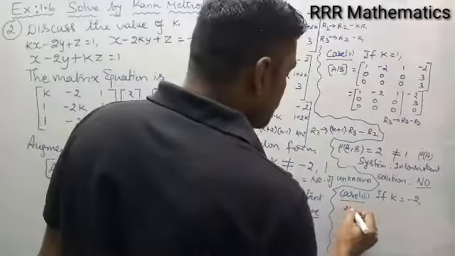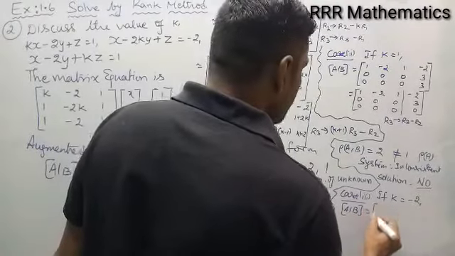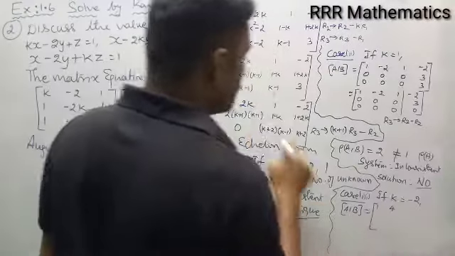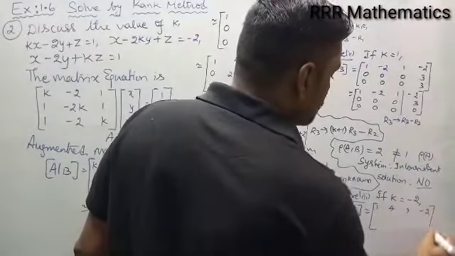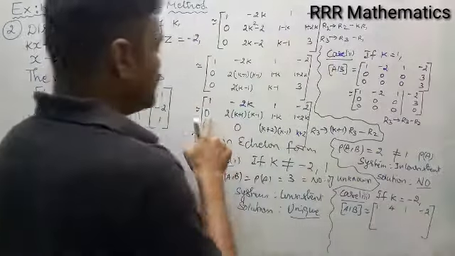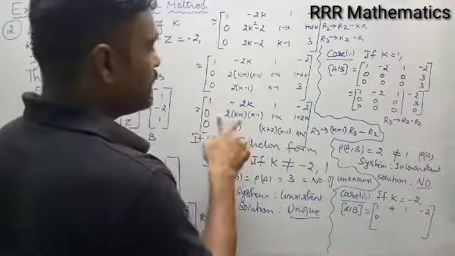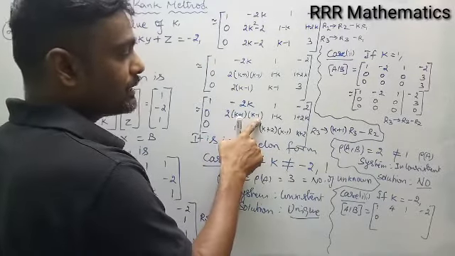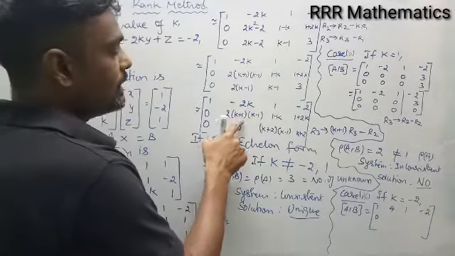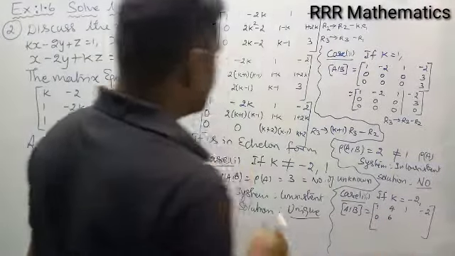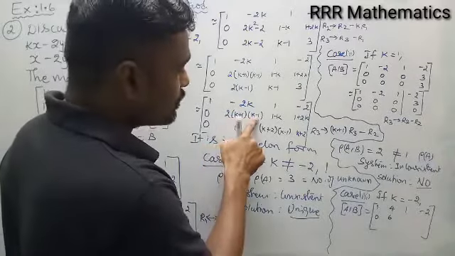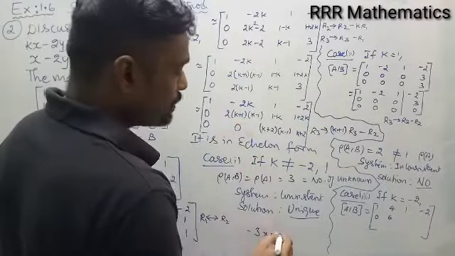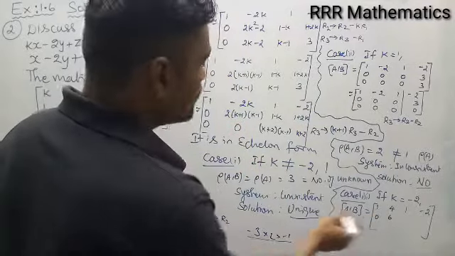See here what happens? A comma b together, it will be 1, minus 2 into minus 2 plus 4, and this is 1 and this is minus 2. First row. Got it? Here 0, minus 2. So what is this? Minus 2 plus 1 is minus 1. Minus 2 minus 1 is minus 3. Minus 3 into minus 1 plus 3. 3 2s are 6. Got it? When you substitute minus 2 here, minus 2 minus 1 is minus 3, and this is into 2, and minus 2 plus 1 is minus 1. So the product gives 6.